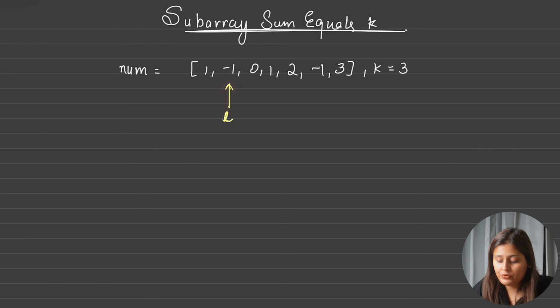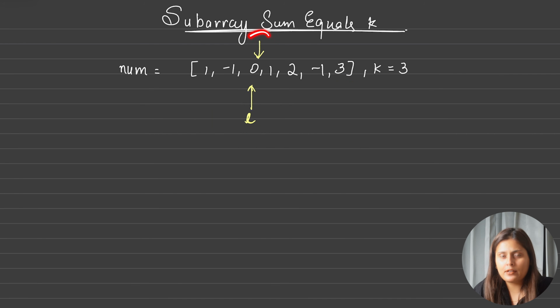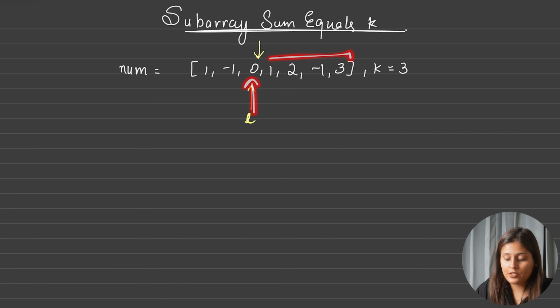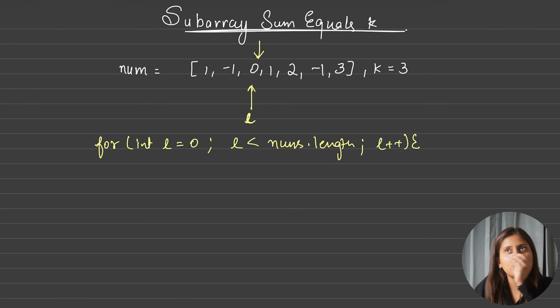So now again we will move this left pointer ahead, and again the other pointer will start from the same index. So can we say we are actually running our left pointer from 0 to last index, and for every left pointer we are running a new pointer, let's say right pointer, from the same index till last index? Yes. So we can code it also. So let's write the pseudo code for this. We are saying we will initialize a left pointer from 0 and we want to run till nums dot length, and we will do left plus plus. Inside it, we want to do the summation also for every subarray.